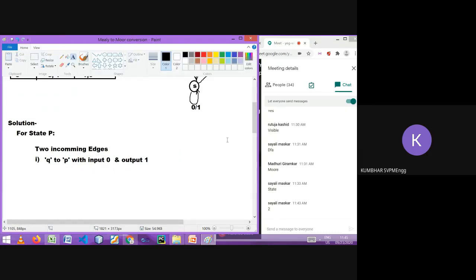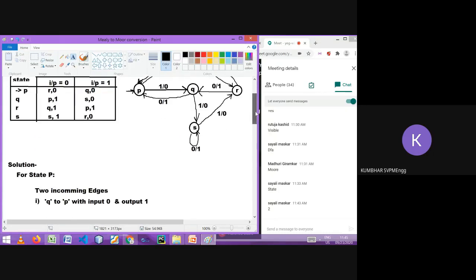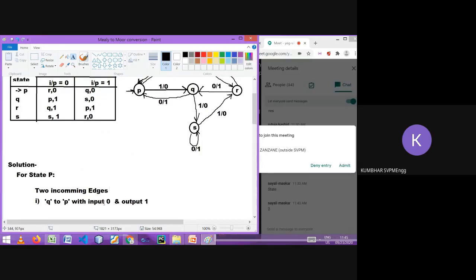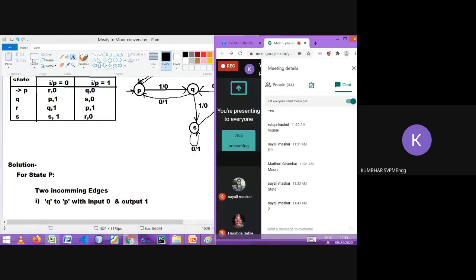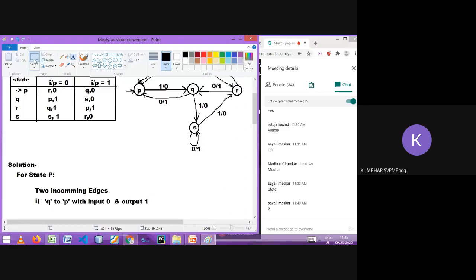Okay, let's check. From Q on input 0, so from Q, input is 0 and output is 1. That I have written. Similarly, let me copy and just replace it so that we can save time.